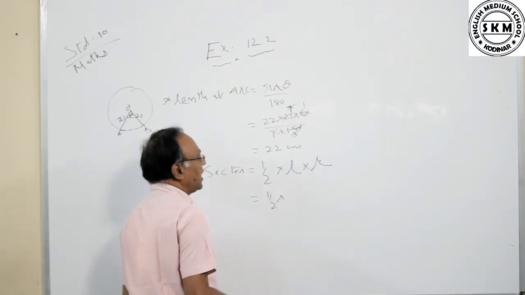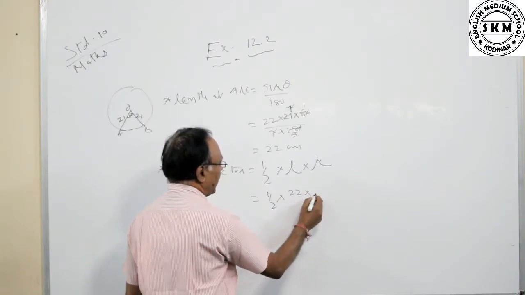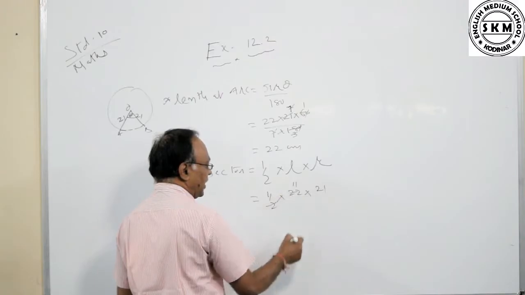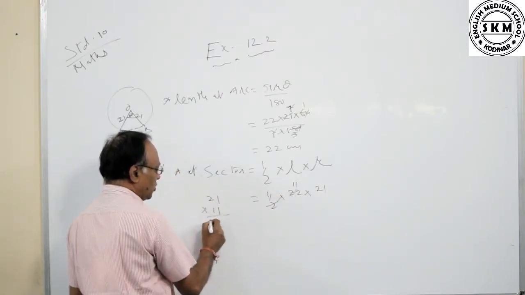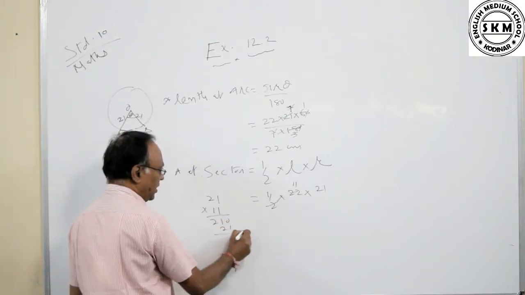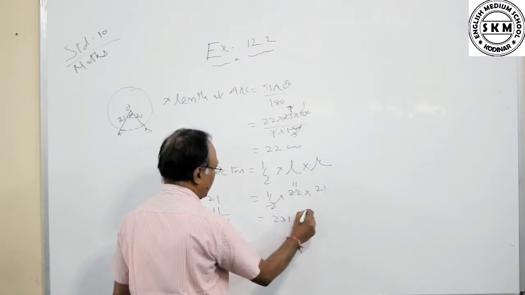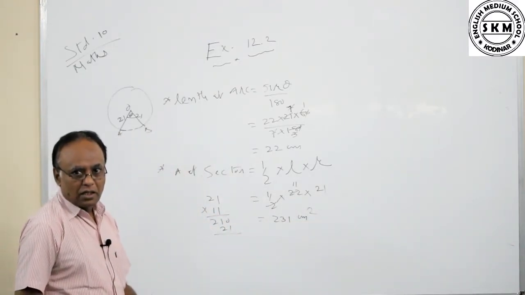Half into L. What is L? We just found it: 22. Radius here is given as 21. So 2 11s are 22, and 21 into 11 is 210 plus 21, so it is equal to 231 centimeter square. Now